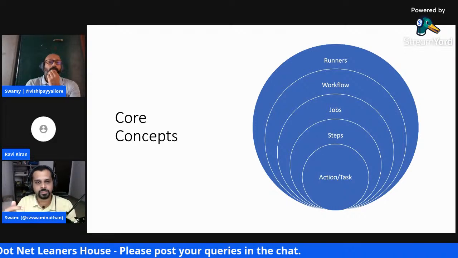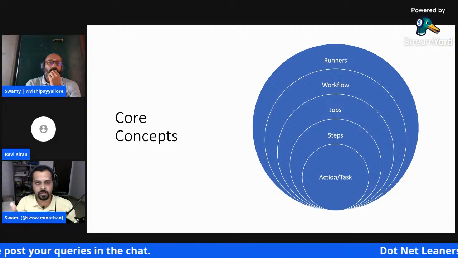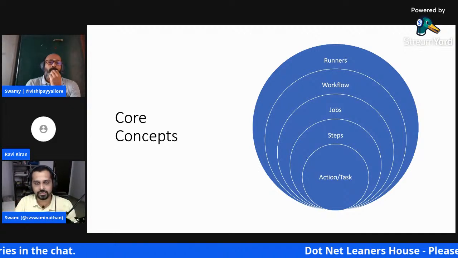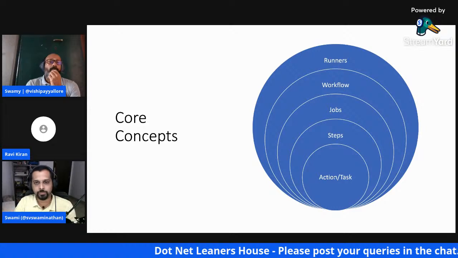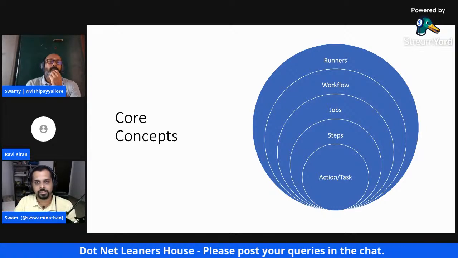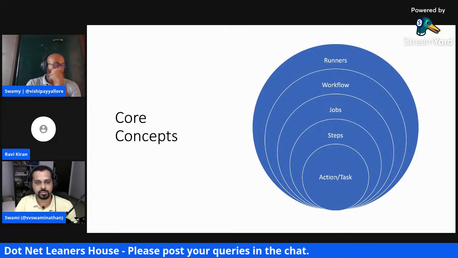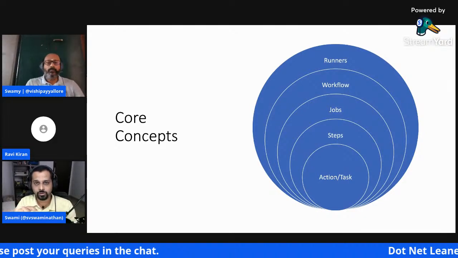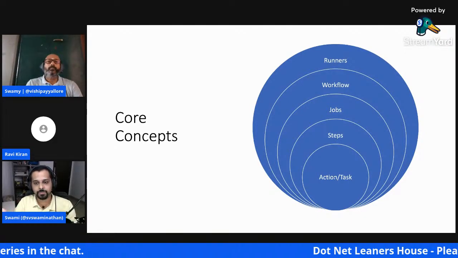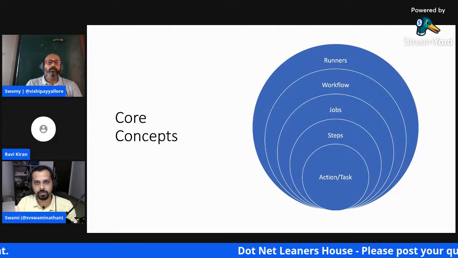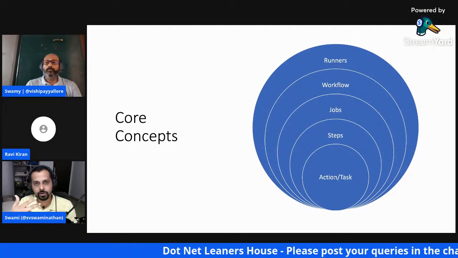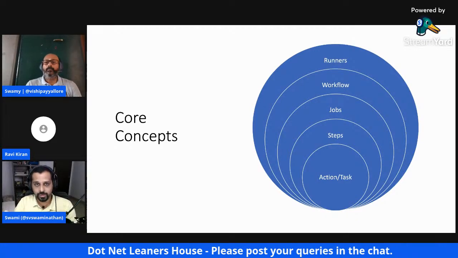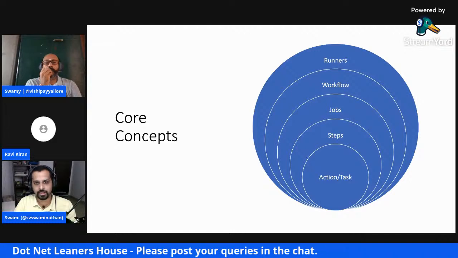Let's say you want to set up a CI pipeline, right? The first thing we have to do is check out a particular repository, right? The checking out is an action. And after checkout, if it's a .NET application, you will say dotnet restore, maybe to restore the NuGet packages. If it's a Java application, maybe you will say mvn clean install or whatever those commands are, right? So those individual things are called actions. Checkout is one action, and then dotnet restore is one action, dotnet build could be another action, dotnet publish could be another action also, right?